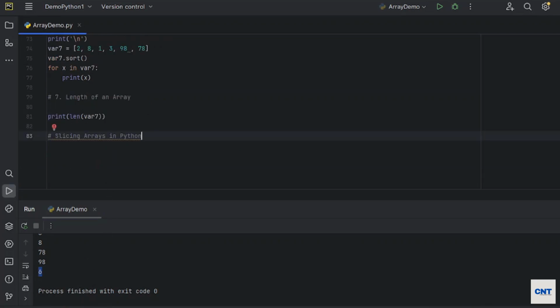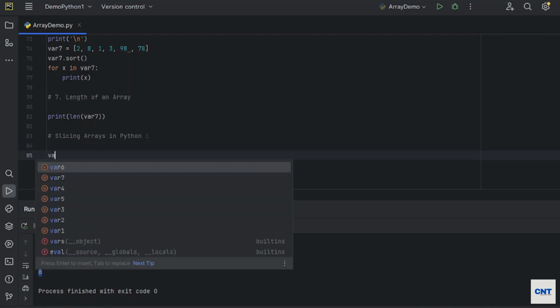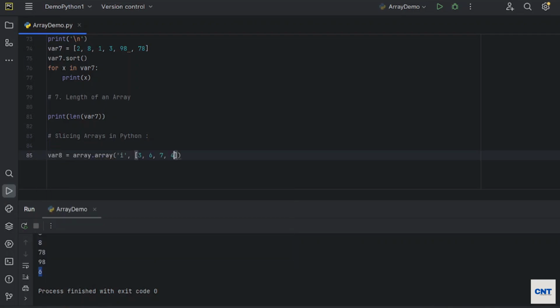One important thing with arrays is slicing arrays in Python. By using the slicing operator, that is colon, it is possible to access a range of elements present in an array. How does it work? Let's say var8.